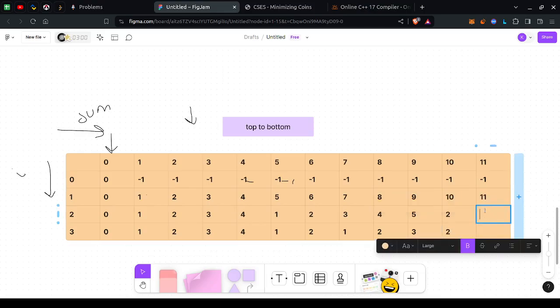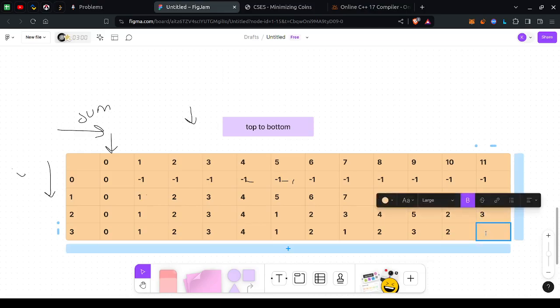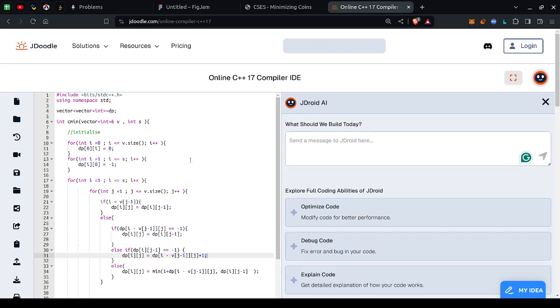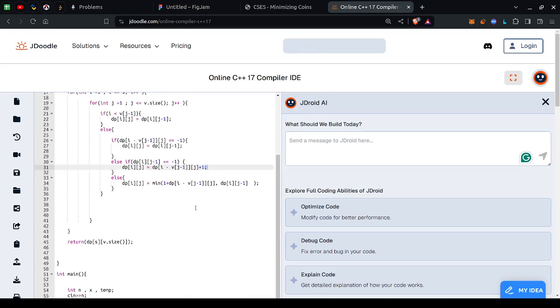Then for 11 it will take this and go to 1 comma 1 and return 3, and this will return minima, which will be 3. So like this you can fill the table. This is exactly what a program is trying to do, so it slowly filled the whole table. Okay,